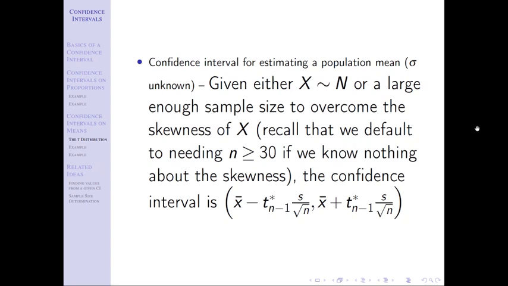Just as we've said hundreds of times already, a confidence interval is built by a point estimate plus and minus a margin of error, where a margin of error is equal to a critical value times a standard deviation. We start with our point estimate right here, x bar. It's our point estimate from mu. We're going to add and subtract. Subtraction gives us our lower bound. Adding gives us our upper bound.